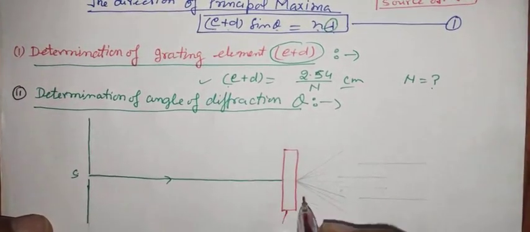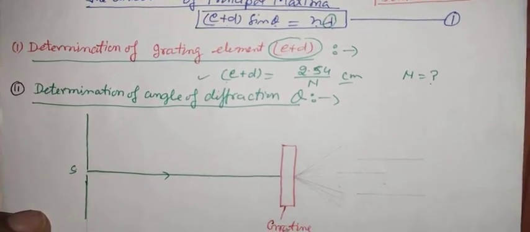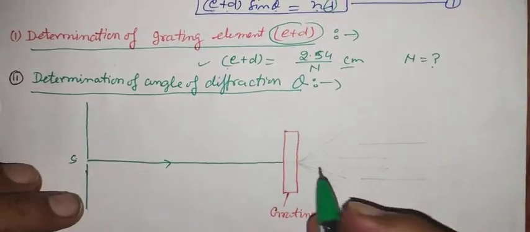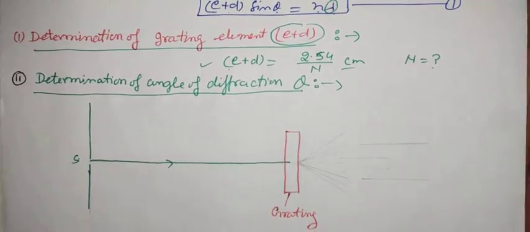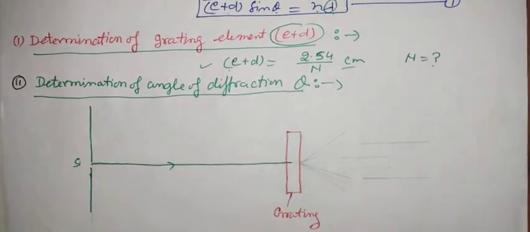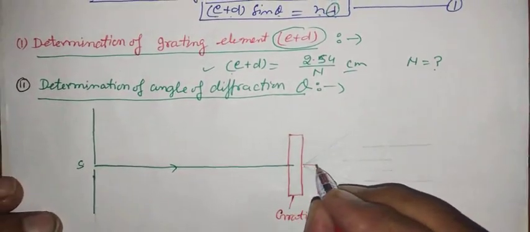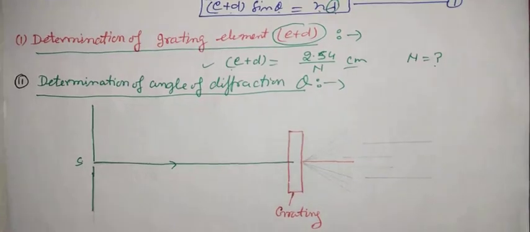This is the rectangular grating, and when light falls on it, the phenomenon of diffraction takes place. That is the central bright maximum, followed by three color bands, starting from